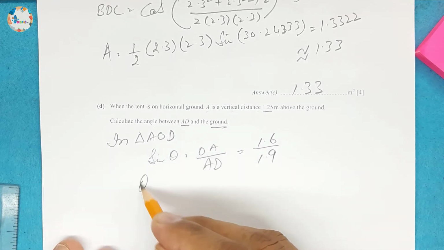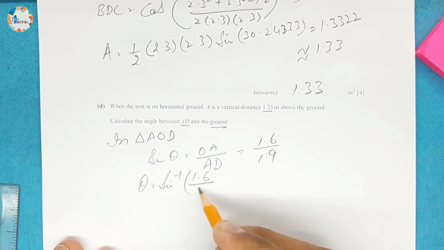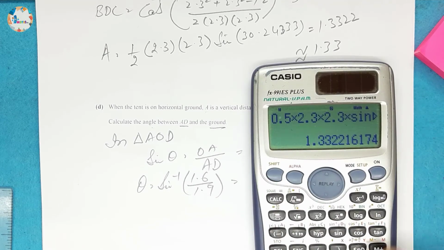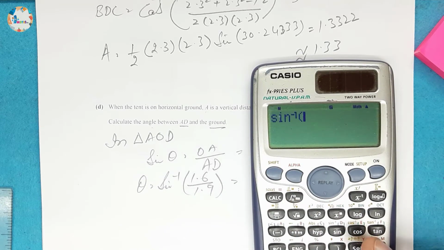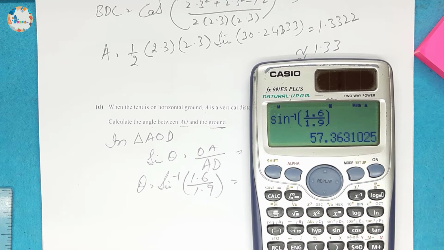So theta will be equal to sine inverse of 1.6 over 1.9, and this will be equal to